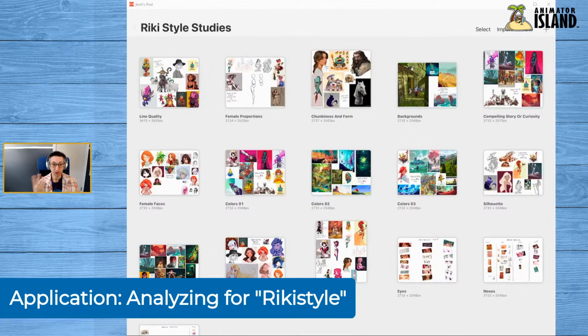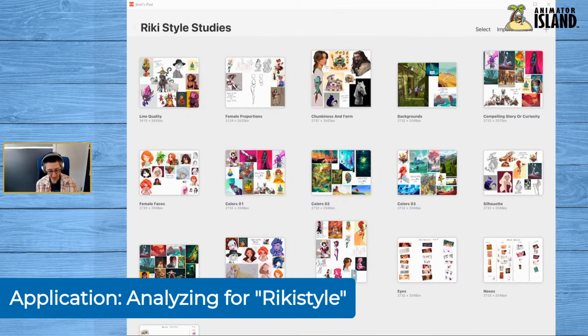So I've collected a bunch of pieces to analyze so that I can go towards a different direction. None of these pieces are exactly what I want to do. They're all different things that have elements of what I want to do. And so the process is that I'm going through to figure out and analyze what it is so that I can change my style into this direction that I want to go.